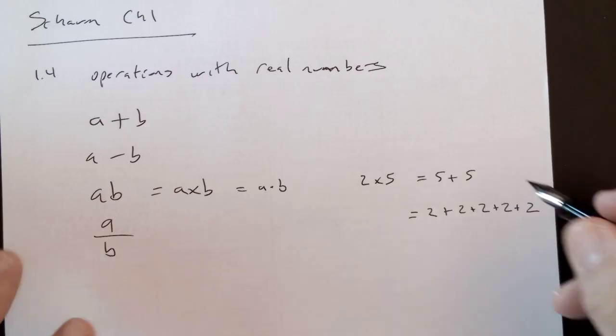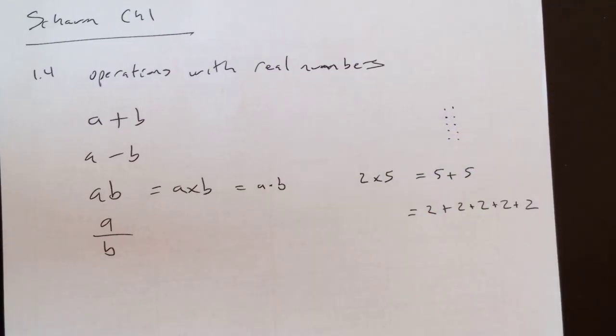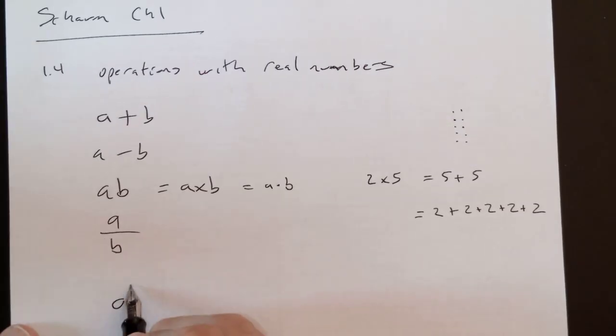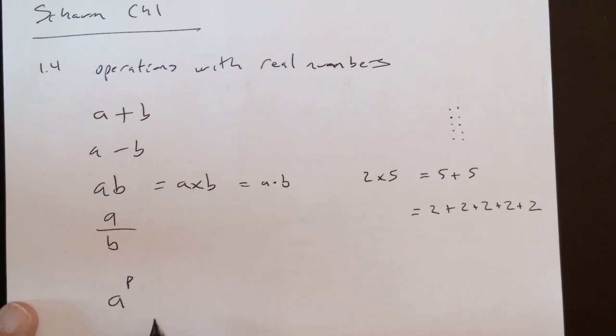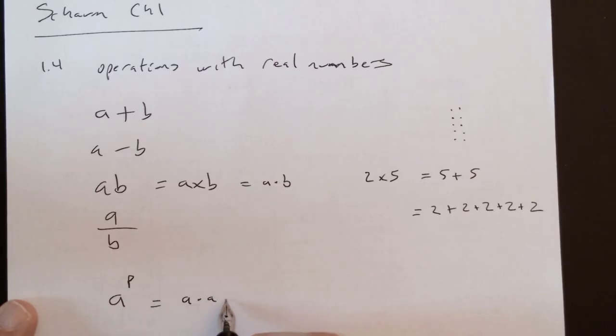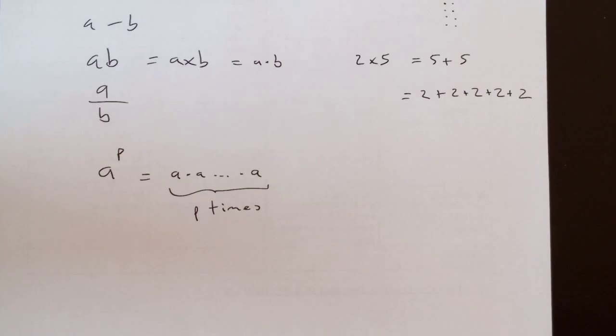And so when we first started doing this, we literally drew out a rectangle for multiplication. 2 rows of 5 dots, 5 plus 5, or 5 rows of 2 dots. It works. But that's why when we do exponents, I use P for power. I can think of that as repeated multiplication. So when we think about 3 to the second, that's 3 times 3, 2 times. But I can do 3 to the third or the fourth or the fifth. I can do 3 to any power I want.